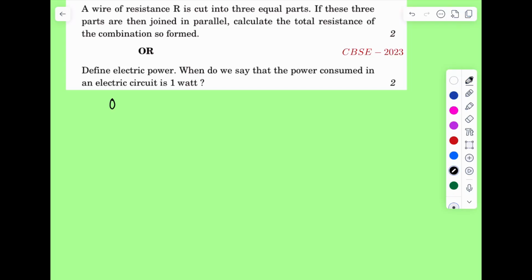A wire is given and the wire is cut into three equal parts. Suppose this is a wire, it is cut into three equal parts. That means if its length is L, then we will cut it into three parts whose length will be L by 3. Suppose we cut over here. This is L by 3, this is L by 3, L by 3, but the area of cross section remains